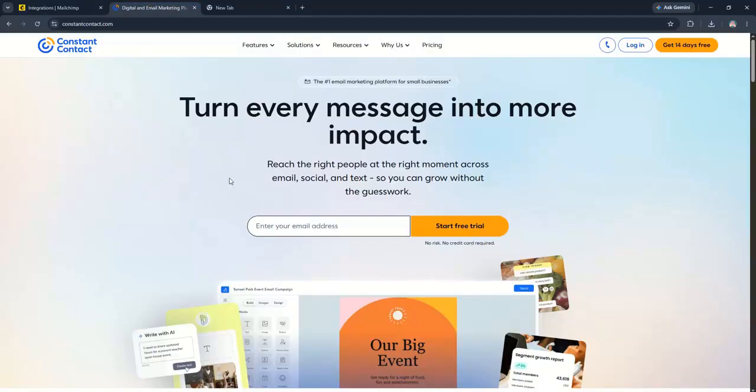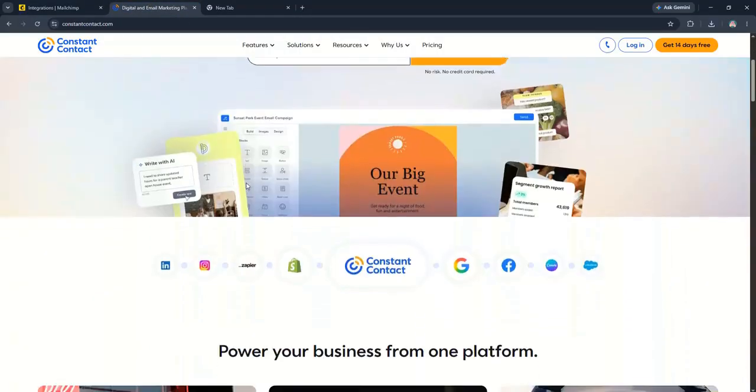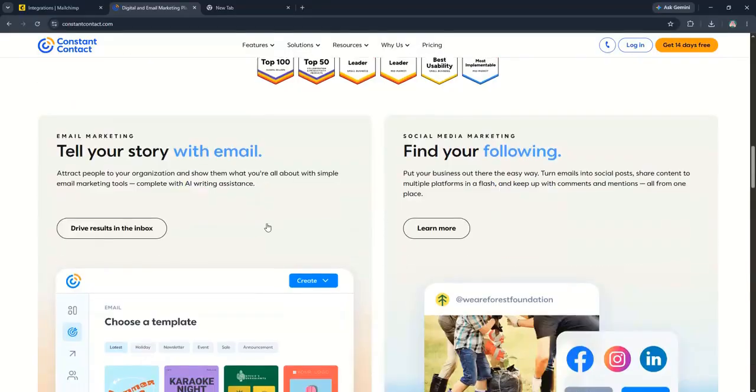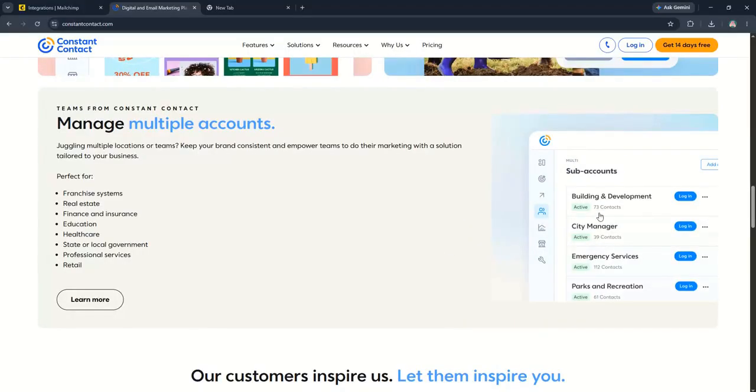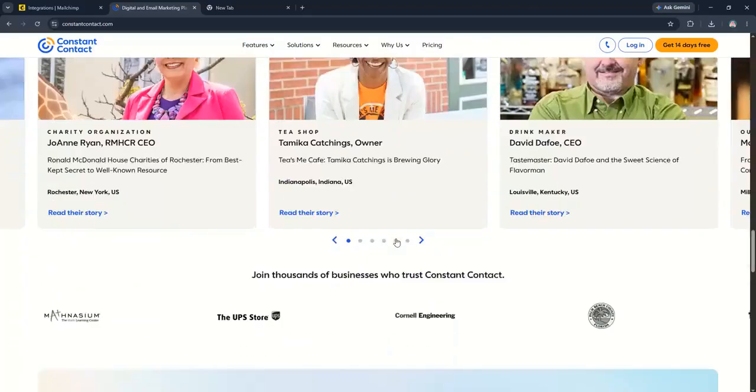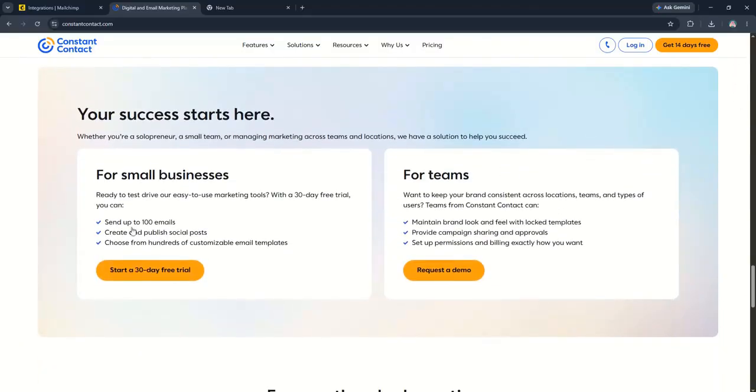Constant Contact is praised for its user-friendly interface, especially beneficial for beginners. It offers a variety of customizable templates and an intuitive drag-and-drop editor, making it easy to create visually appealing emails. Check out their event management tools if you frequently host webinars or other events, as these can be very handy